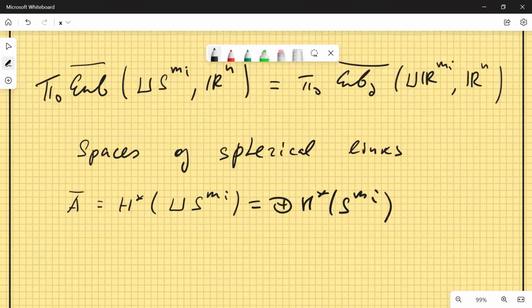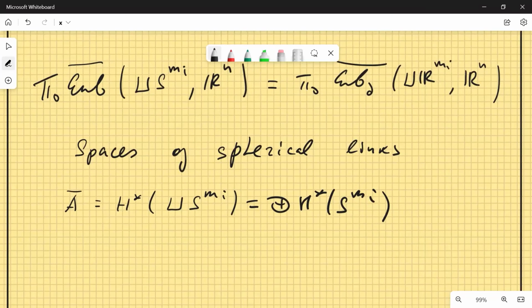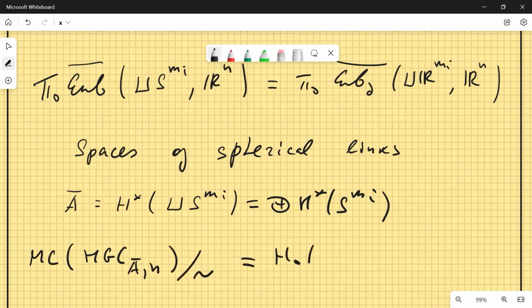But we still get that the set of Maurer-Cartan elements of the hairy graph complex in this case also coincides with H0 of the hairy graph complex